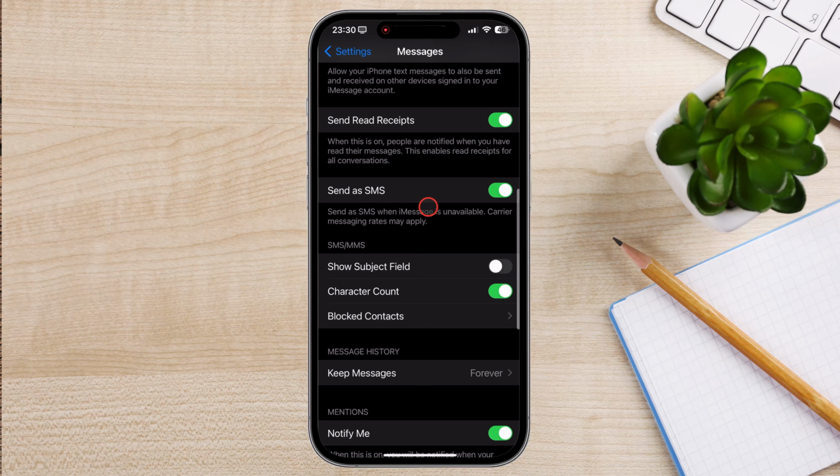What are the limitations of read receipts on iPhones? Read receipts only work between iPhones and other Apple devices that use iMessage. If you send a message to an Android phone or a non-Apple device, read receipts will not be sent or received. If the recipient of your message has disabled read receipts on their device, you will not receive confirmation, even if you have the feature enabled on your iPhone.